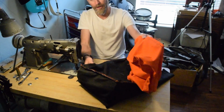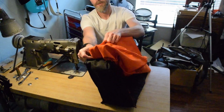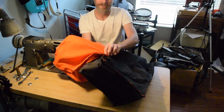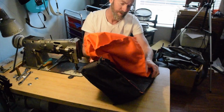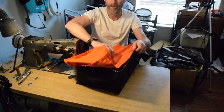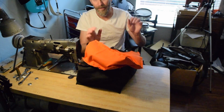So you have to take one seam and sew it to the front or back, it doesn't matter. Then the one next to that gets sewn to the front or the back, and then this one comes over and gets sewn again to whichever side it is, doesn't matter. And then the last one can get stretched over and sewn in,